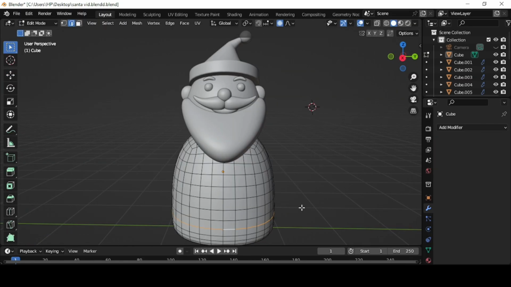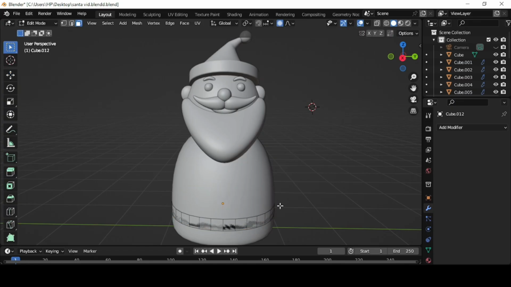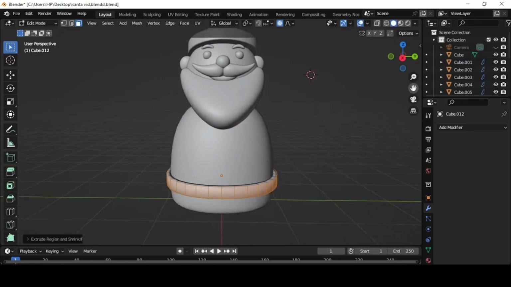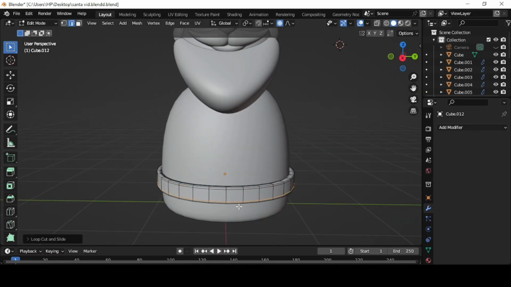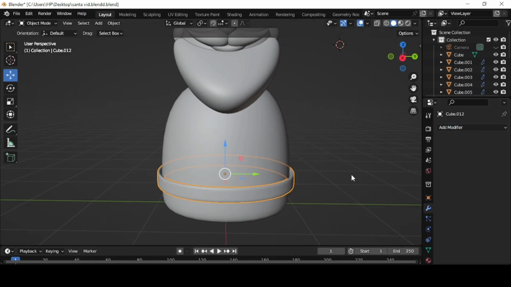For the belt, let's switch to edit mode to make that. Now go to face select mode and select one face of the body and shift D to make a copy and press P to separate by selection. Now in object mode, we're going to set this to geometry and increase the height. In edit mode, select the faces and extrude along normals. Now add some loop cuts to define the edges and tab into object mode and add a subdivision surface modifier